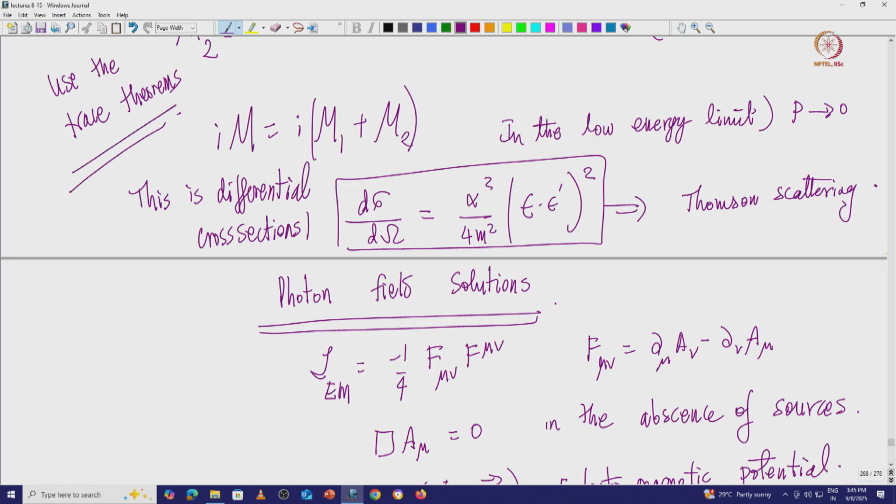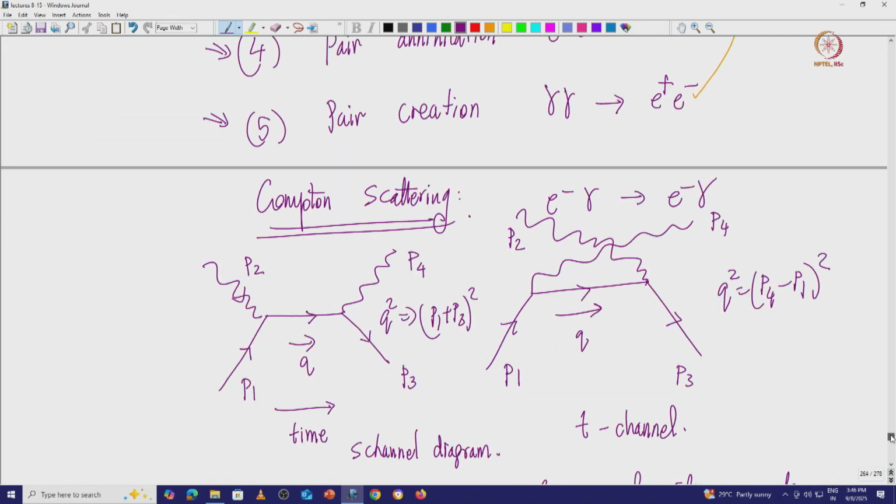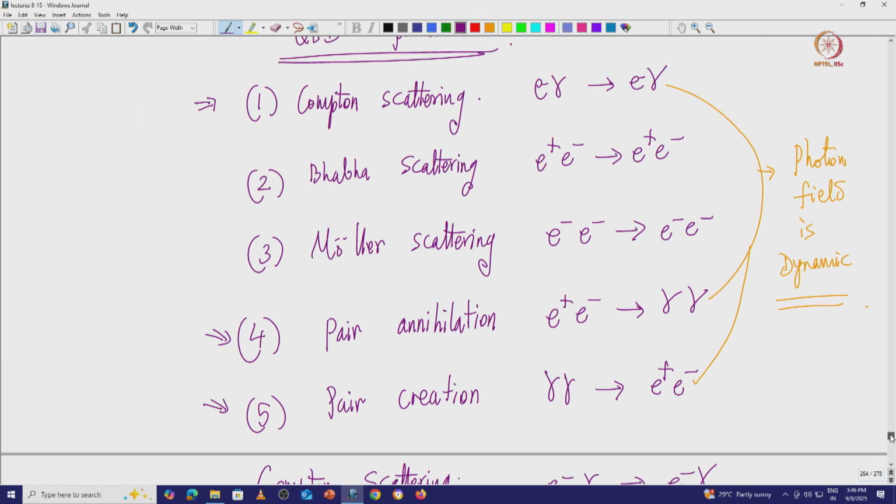So what we have seen is that using the trace theorems, there is a very interesting limit: in the low energy limit, P goes to 0, the Thomson scattering happens essentially. Okay, good. With this we have seen the first example. In the next examples let us try to draw the Feynman diagram for Bhabha scattering, Moller scattering, pair annihilation, pair creation. In all these processes, right now when I am drawing these diagrams, I treat the photon as a dynamical field. I will come back to Coulomb scattering